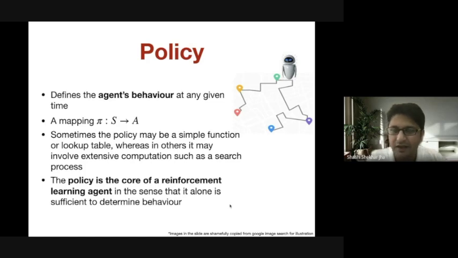Okay. Now, once you have defined such a function, you can have a lot of variety over that function, right? So you can have a random policy. What would a random policy do? A random policy would be where the agent will choose actions in any state randomly. So a random policy will create a random function, and that random function will map state to action uniformly at random.